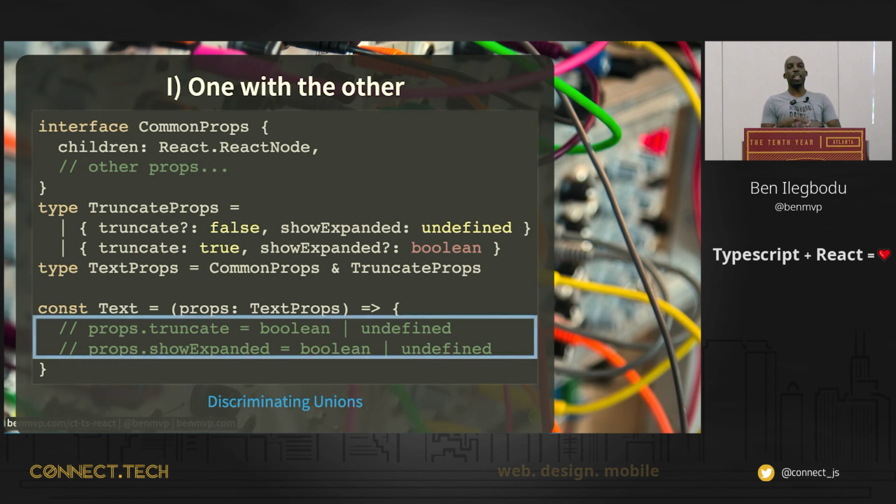So don't worry if you didn't catch all of that immediately. I actually wrote a blog post that goes into detail. So if you want to read it slowly and absorb the different TypeScript features, you totally can. But in this code, we're using optional properties with the question mark. We're using pipes, which define unions, and we're using merges or intersections with the ampersand, which are all common things you would use in TypeScript.